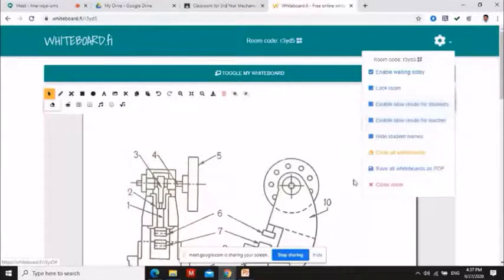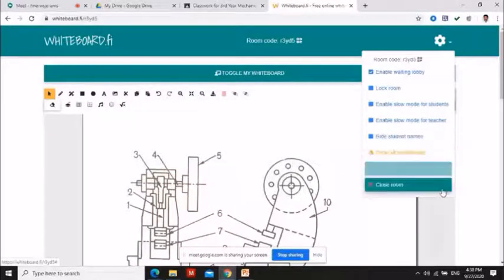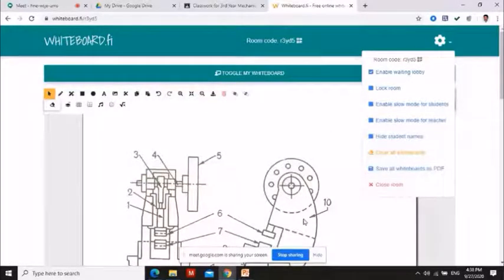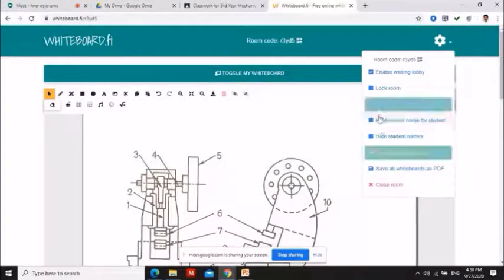So the slow mode is for, as I already told you, if you enable the slow mode, once the students make any changes, they have to save their changes, and then only it will be visible. So for low bandwidth connections, enabling teacher's mode, slow mode, is preferable, where you have to save for each and every correction or each and every step you have. Then only will it be visible to the students, as well as students' responses will be visible to the staff only if they are saving the changes. So those are the options available.